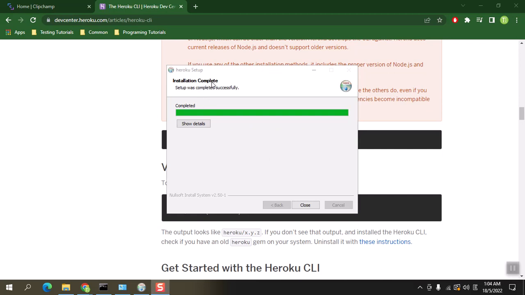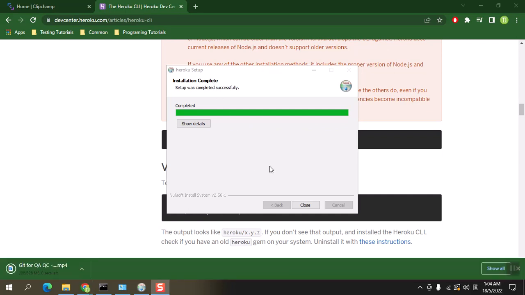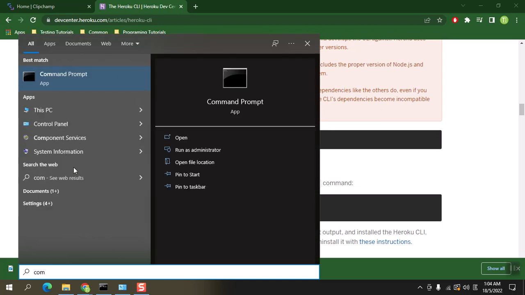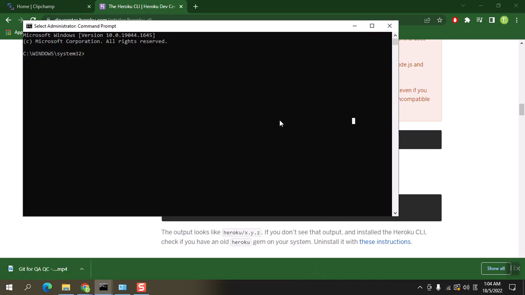Install the complete window, and I think we just installed successfully on our laptop. Okay, and then after we install successfully, we can double check Heroku CLI by our command line. We go to command line, okay, and open it. And after that, we can run this command, Heroku